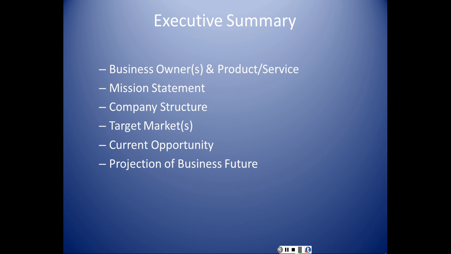If you choose to operate under a name different than your own, you will most likely have to file a fictitious name, also known as an assumed name, trade name, or a DBA name, short for doing business as. You must choose an original name. It cannot already be claimed by another business. And that's why it's so important to do those searches like that.